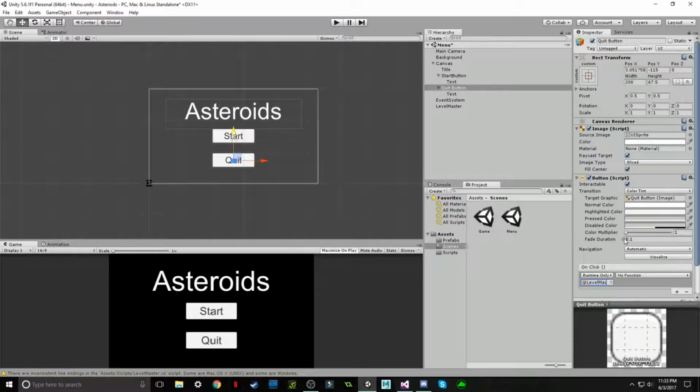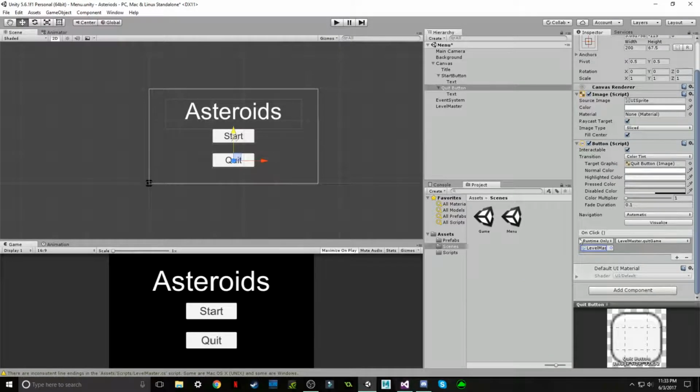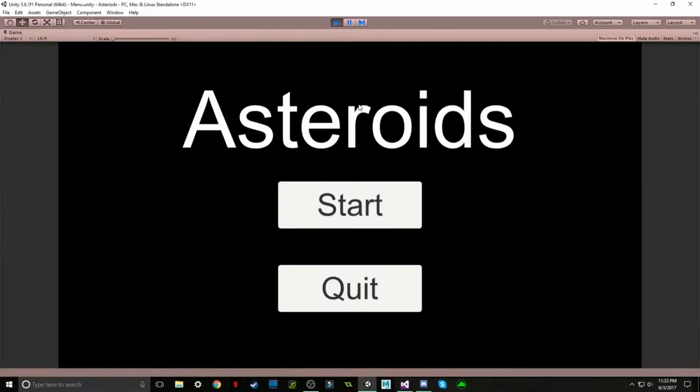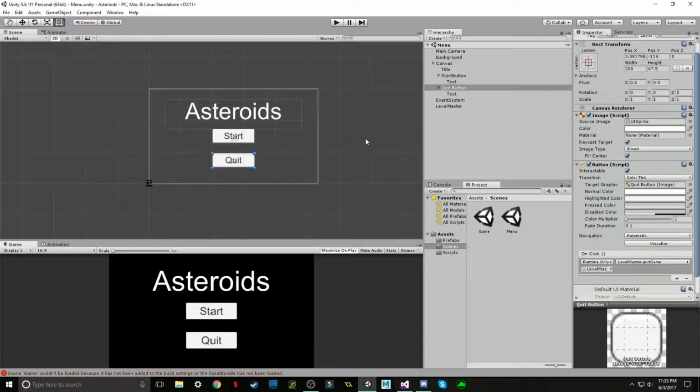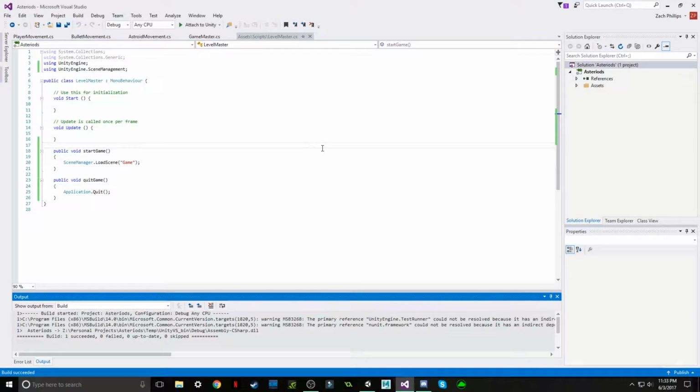Go to level master and quit game, just like that. So if we play it, we have our nice menu. We click start, and it did not work because